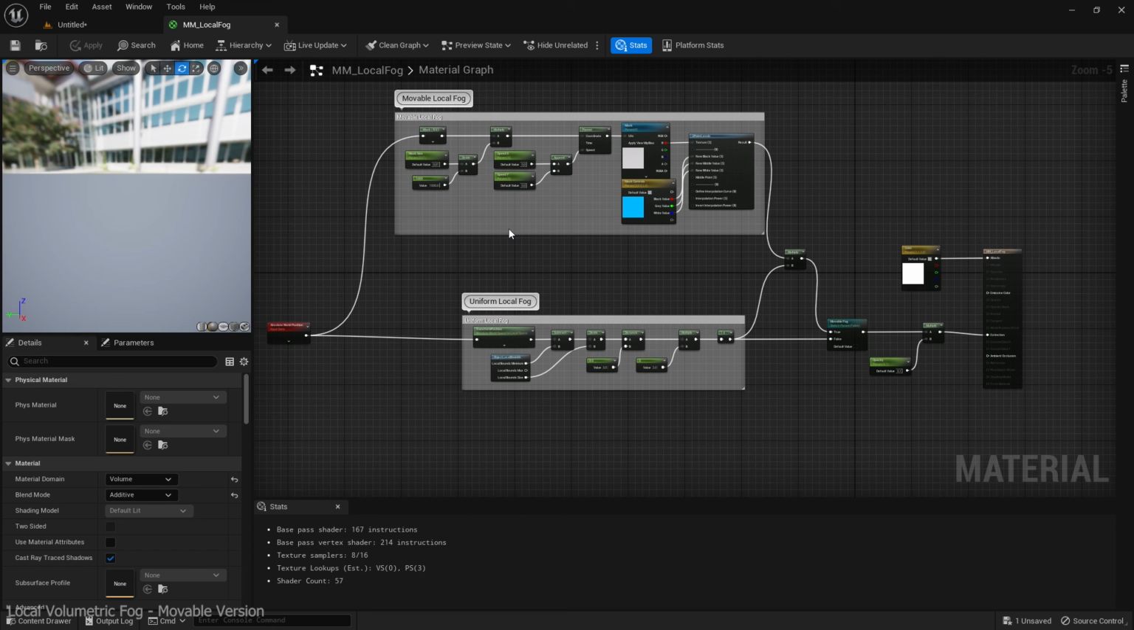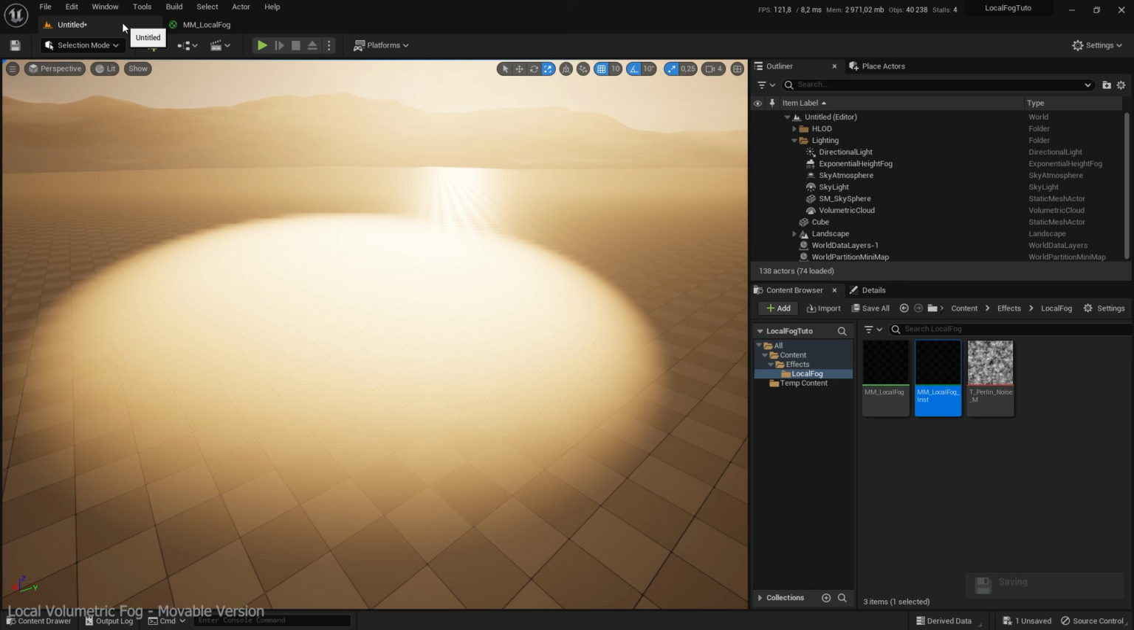Now it's done. I guess you now have a perfectly workable local fog material. If it's not the case, just let me know in the comments and we will see together why it doesn't work for you, but it should work now. You have all the information about it